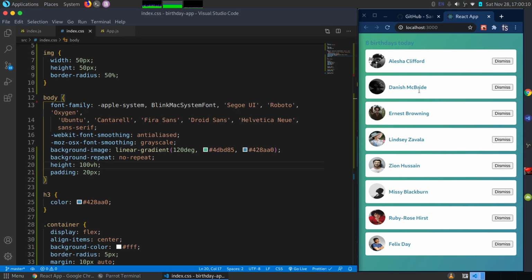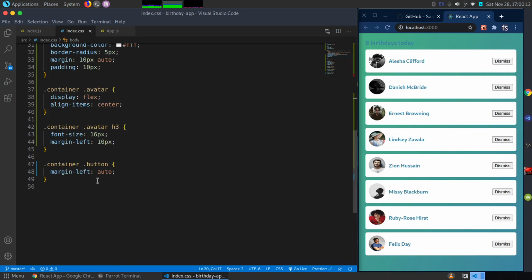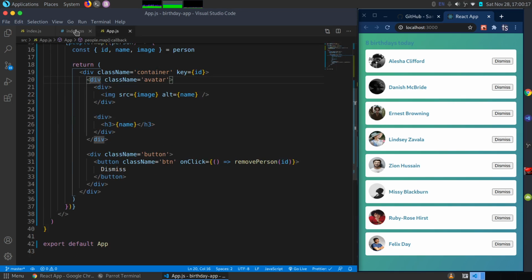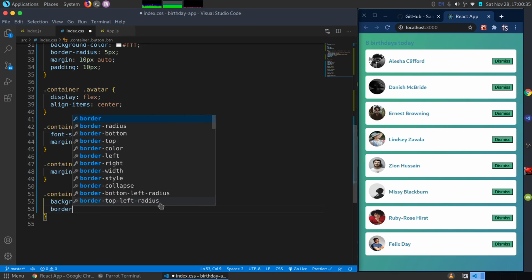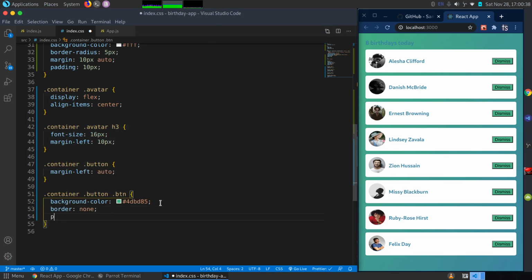Now what we are remaining with is actually to style this button, and it's inside the button container with the class of btn, like so. And I'm going to say the container dot button and target the buttons, and I'm going to say I want the background color to be, I want perhaps this color. Okay, that looks nice. I'm going to remove the border. I'm going to add a padding of 5 pixels, and I'm going to set the color to white, and I'm going to set the font family to inherit,